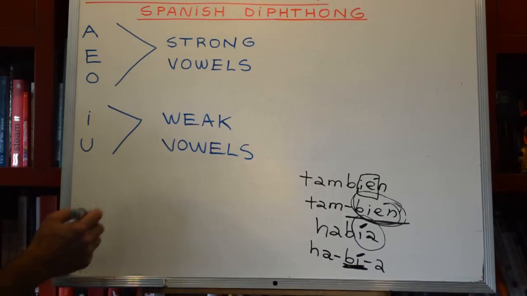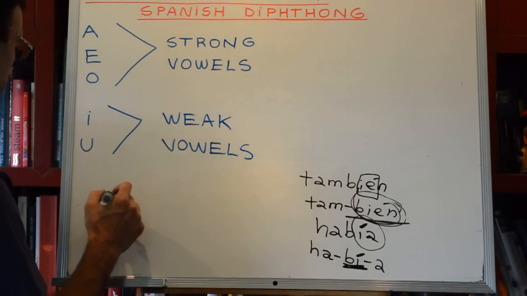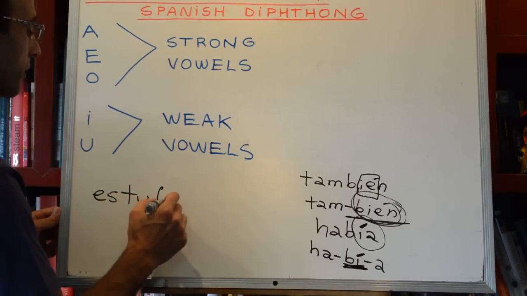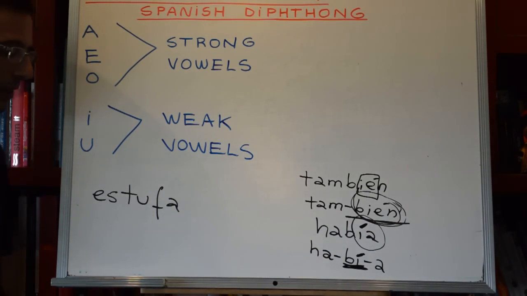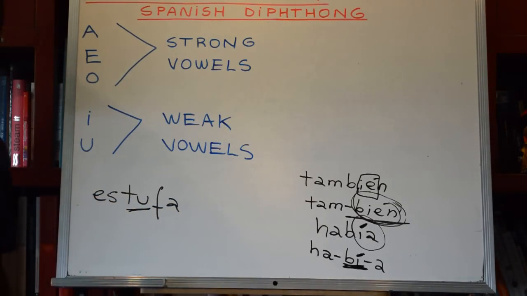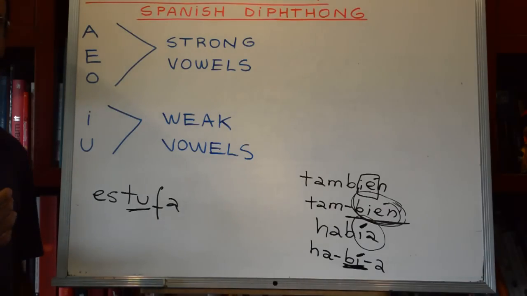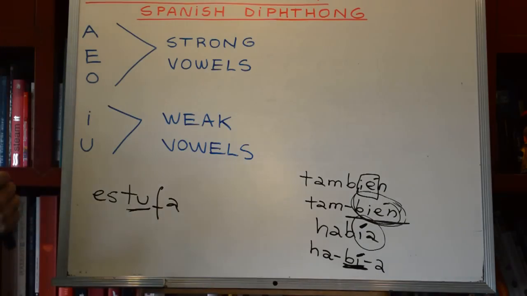For example, the word estufa. Estufa means heater, a heater, to produce heat, right? Estufa. The sílaba tónica is tu. Estufa, because the accent, the stress is in the second syllable. Okay. Now,